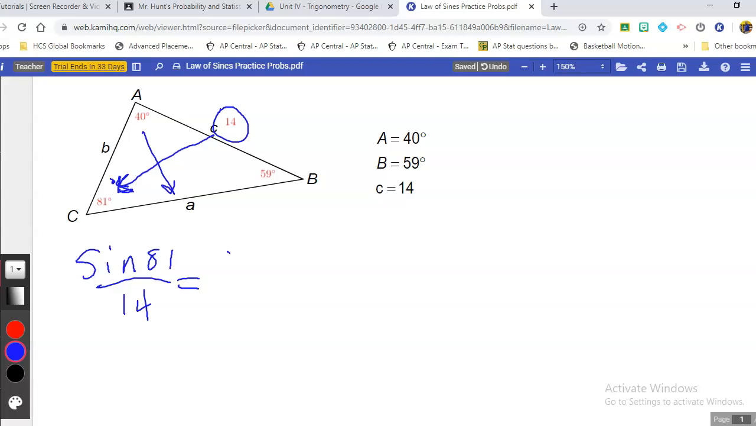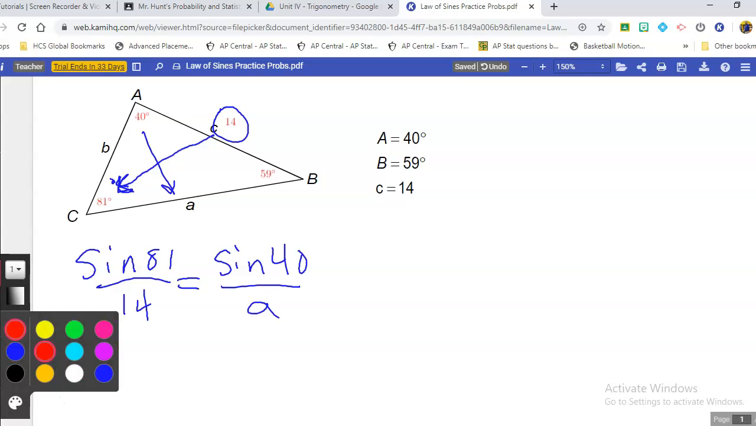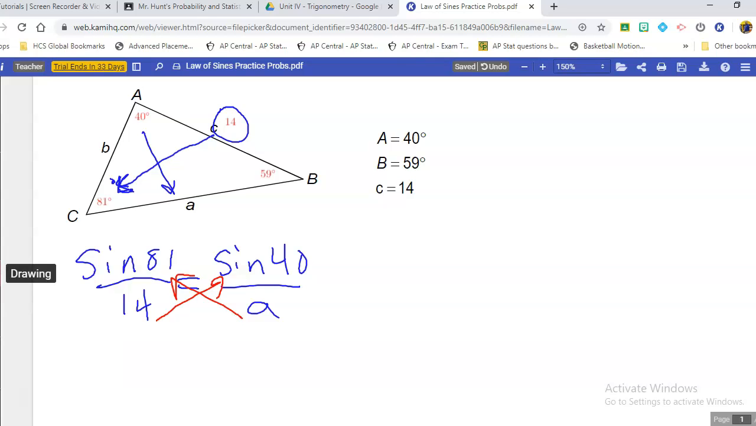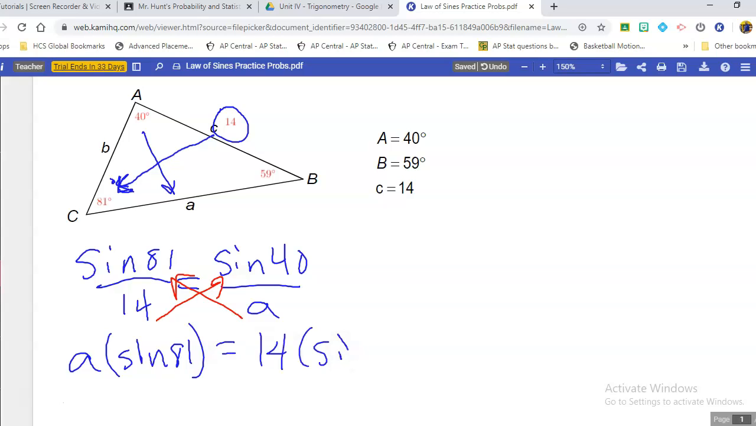So we'll start with sine of 40, and we will divide that by the length of side A. And then we're gonna cross multiply, just like we've been doing so far. So we'll take this and multiply over, and that's what we're gonna deal with. We'll have A times the sine of 81, and that's going to be equal to 14 times the sine of